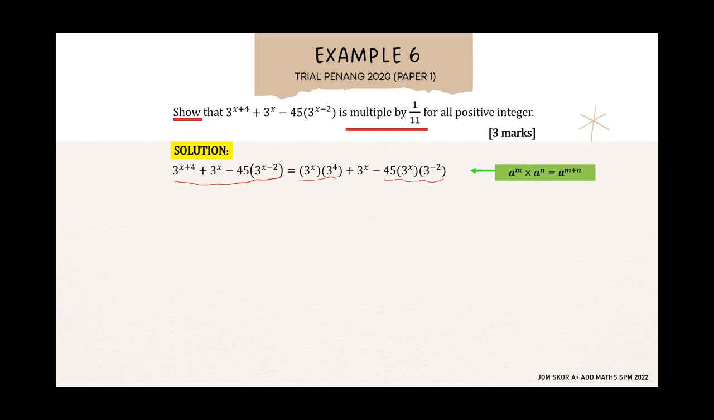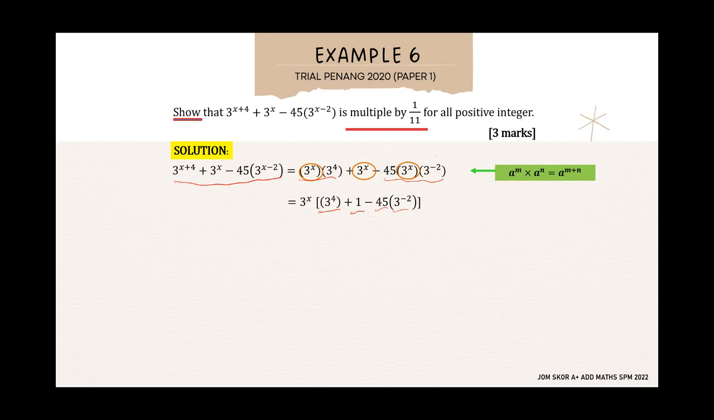Negative 2. Okay. Sekarang kita akan nampak ada term yang sama di sini. Which is 3 to the power of x. 3 to the power of x ada pada setiap term. Ada 3 term, dia ada. Jadi, kita factorize, bawa keluar 3 to the power of x. So yang tinggal dalam bracket, tengok term yang pertama, 3 to the power of x duduk dekat luar yang tinggal 3 to the power of 4. 3 to the power of x duduk kat luar yang tinggal adalah 1. Okay. 3 to the power of x duduk kat luar yang tinggal adalah 45 and 3 to the power of